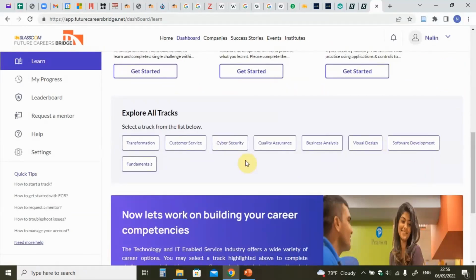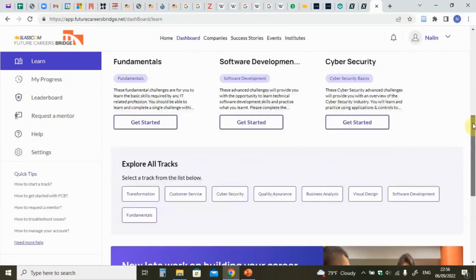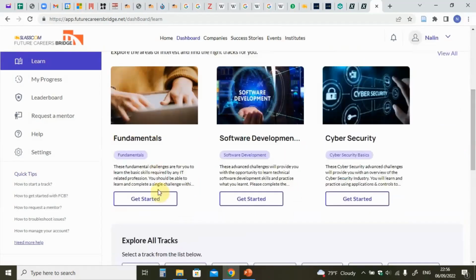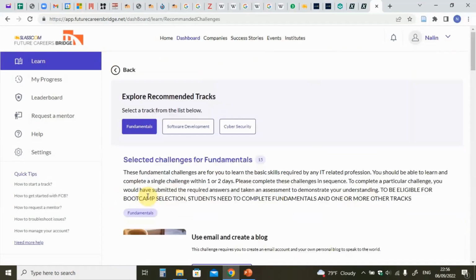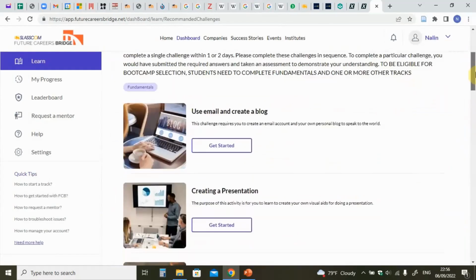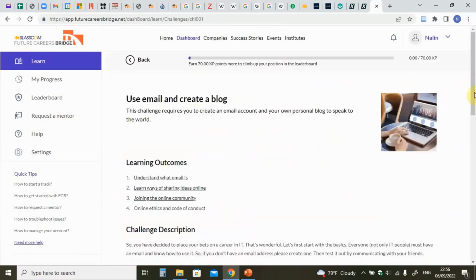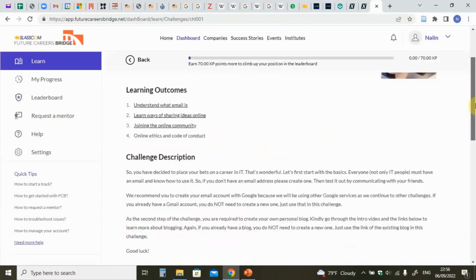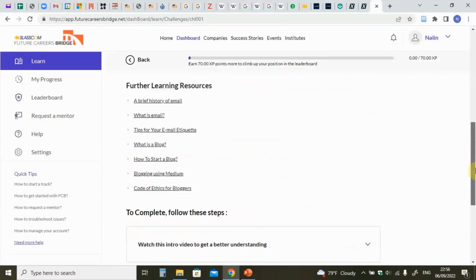And in each track, you will have some tasks to do. I will show you the fundamental challenges here. You can go and look at them. Some of them are extremely simple. They start with basically just using email and creating a blog. And if you get started, it will explain to you what you have to do.